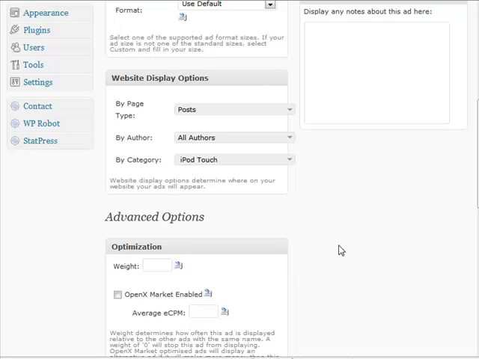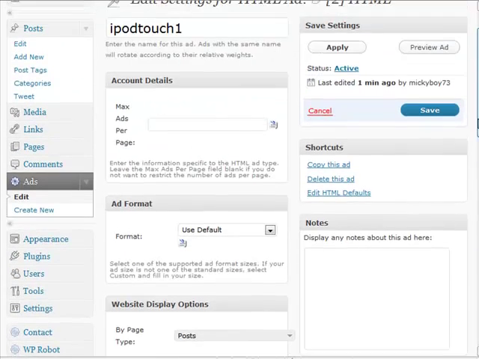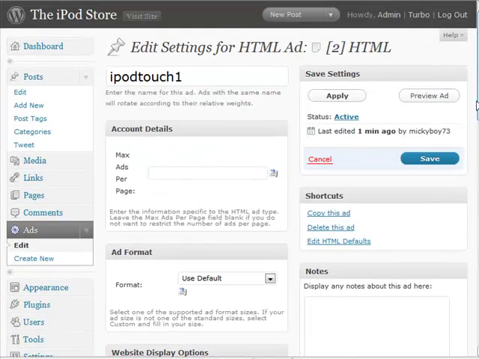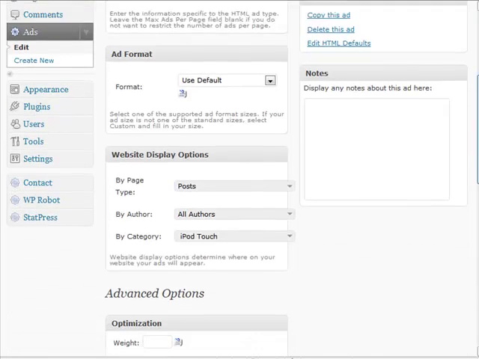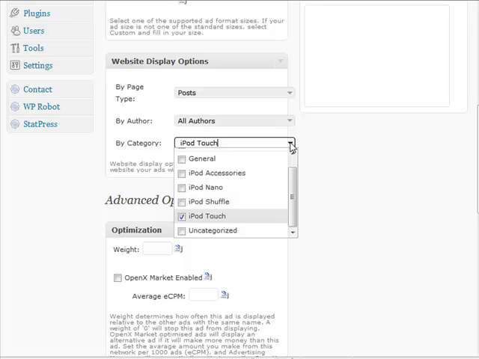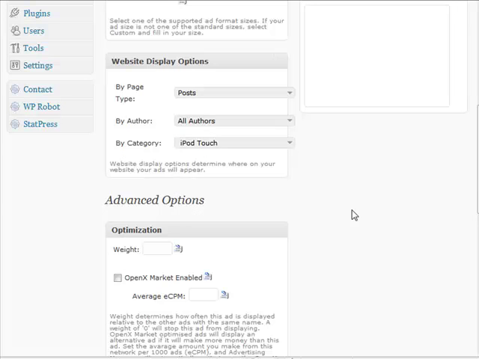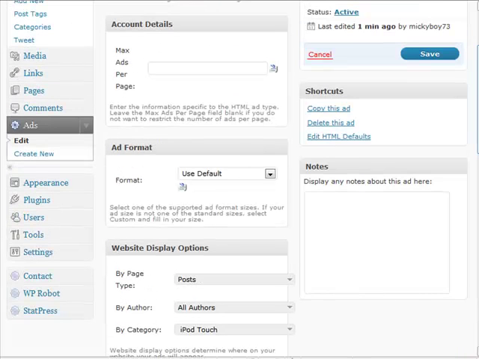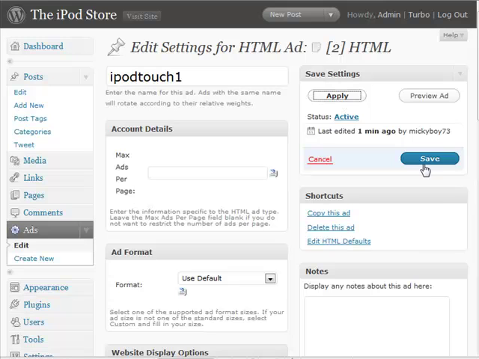I do that by that. So it's important that if you're going to show an ad for an iPod Touch, it only appears on pages or posts within the correct category on your blog, in this case iPod Touch. Click apply, and